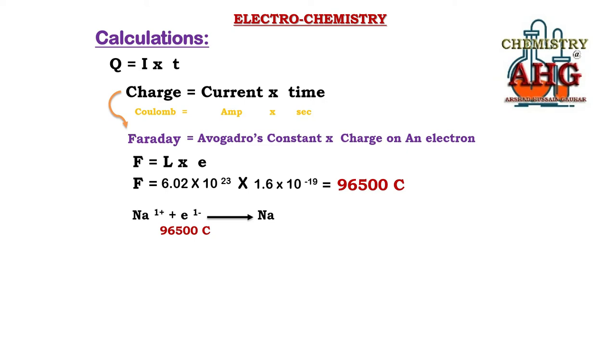So 96,500 coulomb is the numerical value for 1 mole of electrons. From this charge you can make a relationship with 1 mole of sodium, or you can take the mass of 1 mole of sodium equal to 23 gram, that is the Ar of sodium. So this value of F, Faraday, can be linked either with the number of moles, or with the mass of 1 mole of anything. Right now I have given you this relationship for the reduction equation. Likewise, you can make this relationship for an oxidation.